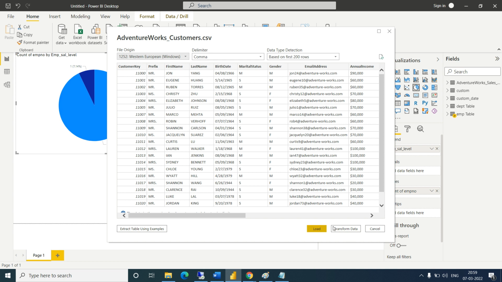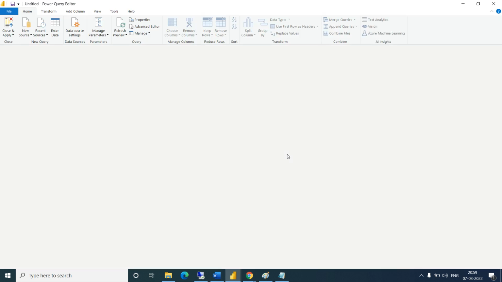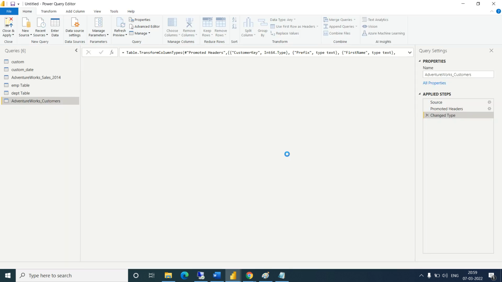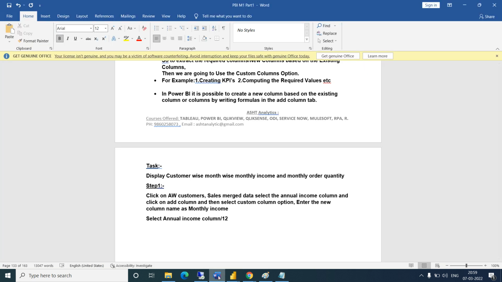Click on load data. Okay, so we connected with the AdventureWorks customer data. Now what is our scenario? Our task is to display customer wise, month wise, monthly income and monthly order quantity.